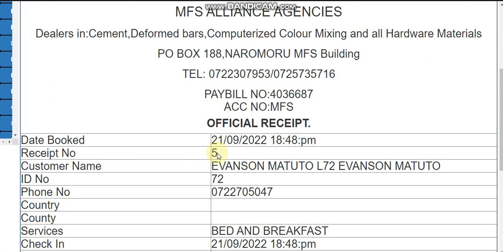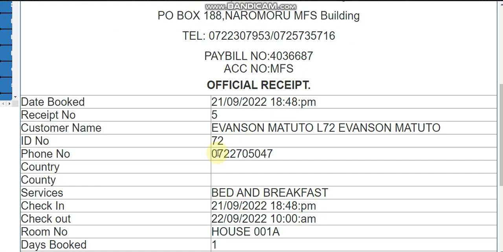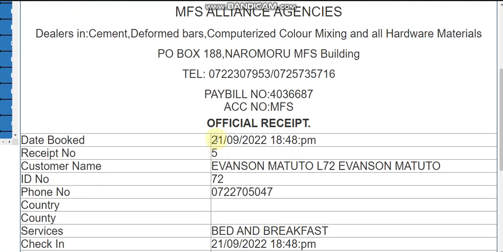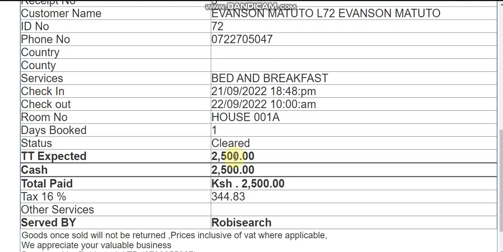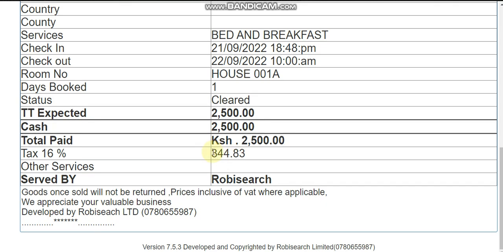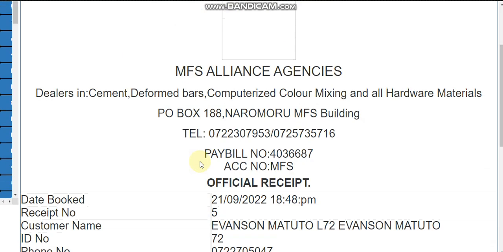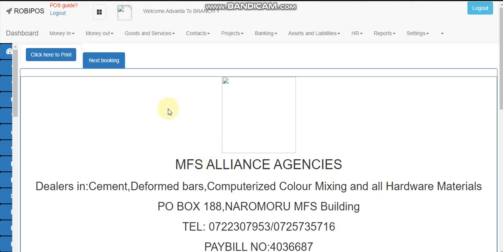After checking the client into that room, you can print a receipt for them. As you can see, date booked, receipt number, customer name, ID, amount paid, if there was any balance remaining, and the taxes and everything that you will want to be included in the receipt is there. After doing that, you can just click on print here, and the receipt can come out,